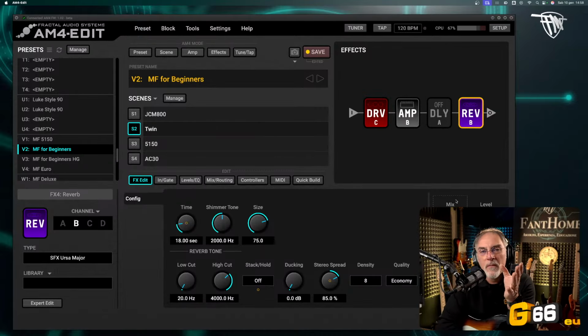This is one of my favorite configurations for the Fender, because the fuzz in front of the Fender is so versatile. You can get any sound simply by tweaking the volume knobs of your guitar.